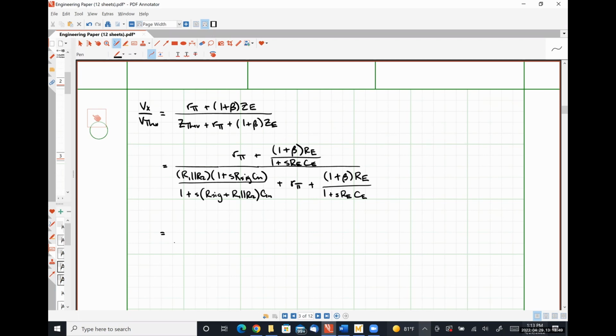Starting with my denominator first, R1 in parallel with R2 times 1 plus s Rsig Cn times 1 plus s RE CE, plus r pi times